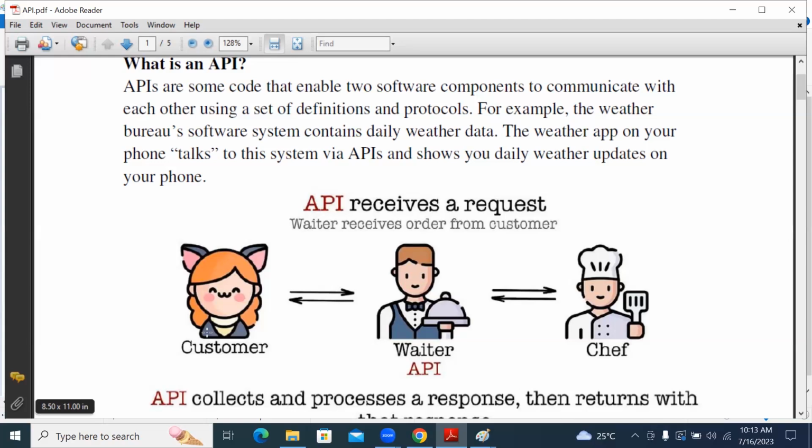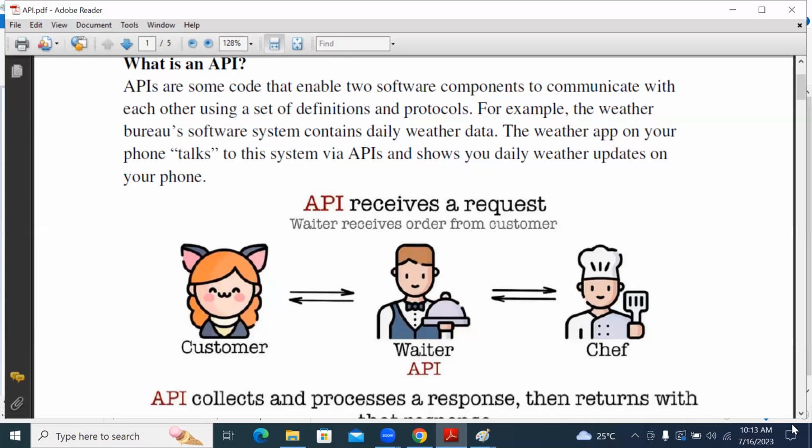That is exactly an API. In the current market, this is how most softwares are coming into the picture. You don't need to start everything from scratch; you just connect different softwares with the help of an API according to their requirement. So this is our very first understanding of what an API is.